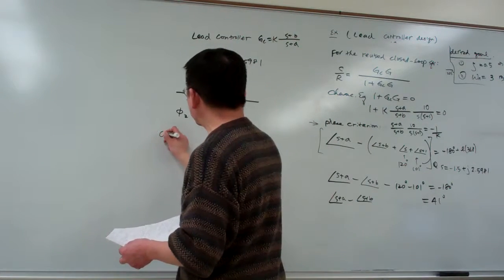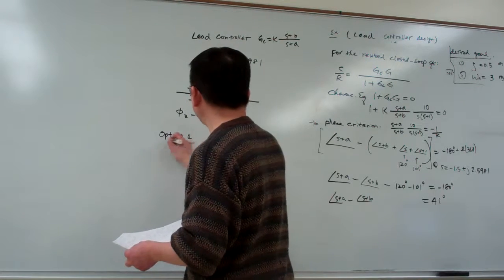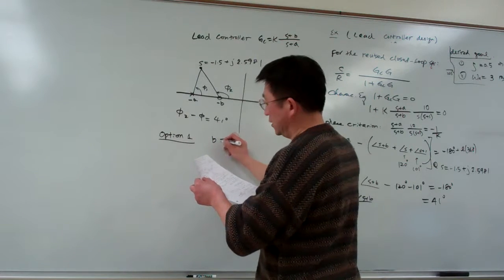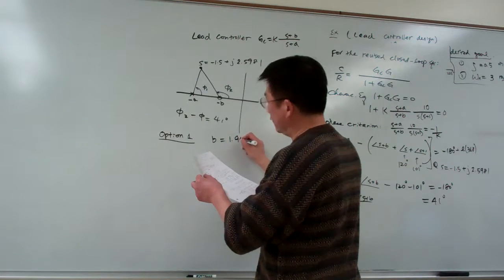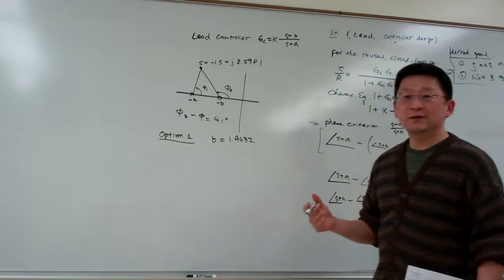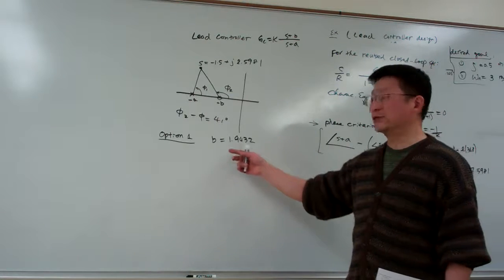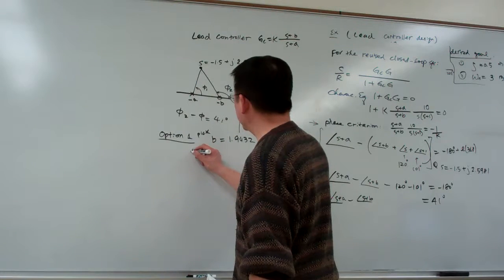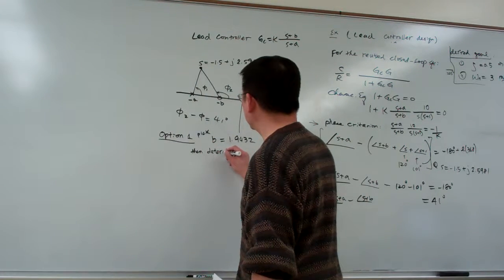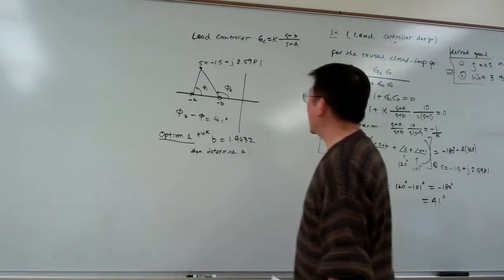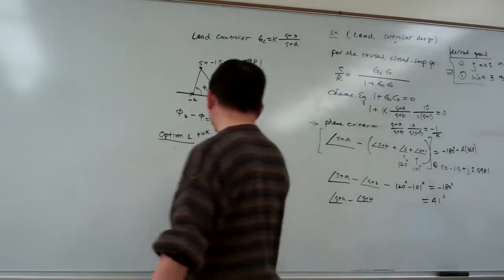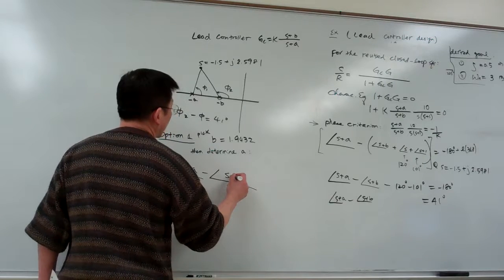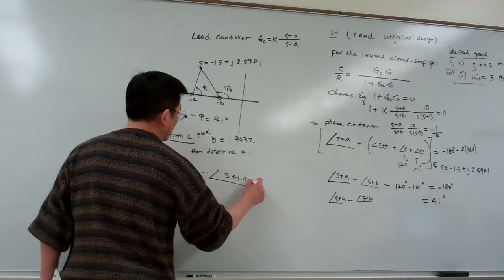So here is the options. Option one is you can choose B equal to 1.9432. Arbitrary numbers you pick. If you like, you can pick 2. Okay, so I would say pick that, and then determine A. And so basically using this information, that means the S plus A minus S and plus 1.9432 at